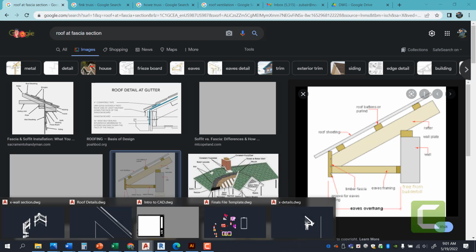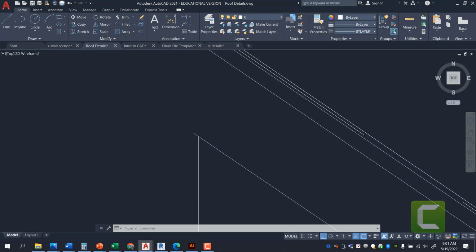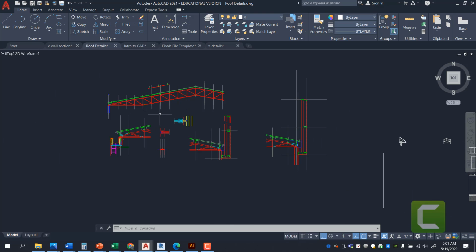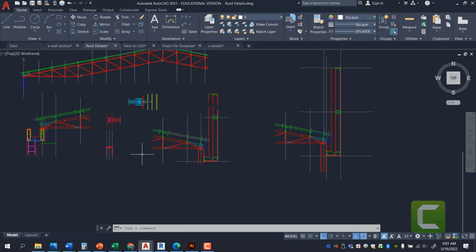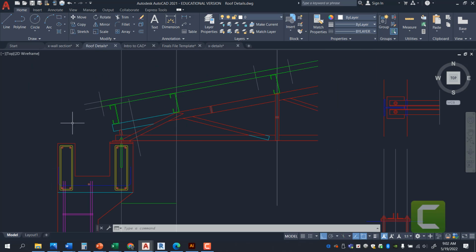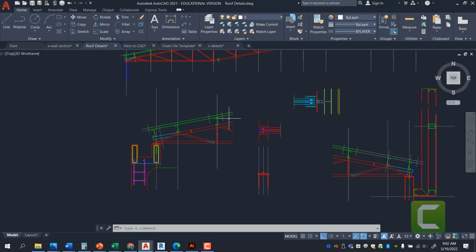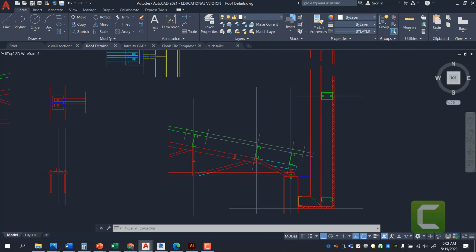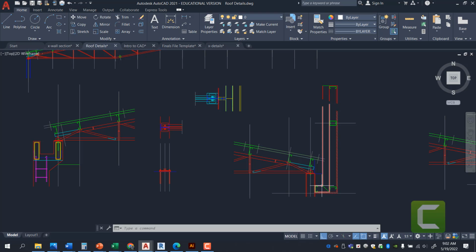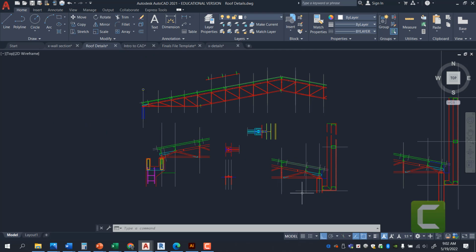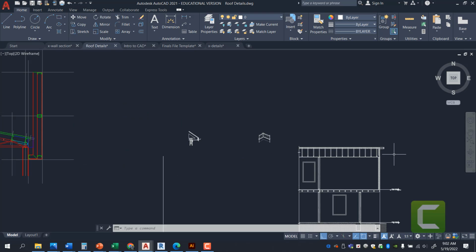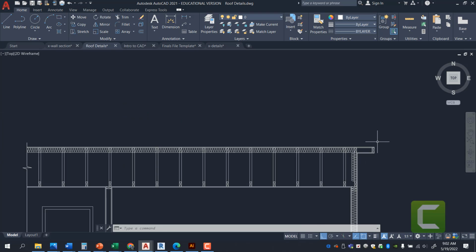The first thing I wanted to show you guys is that I took a bunch of the projects I have done in the past. I'm very fascinated by roof details at gutter conditions, and how a metal roof sheds into a gutter, or whether that gutter is hidden behind a parapet wall. This is metal frame construction, but we're going to primarily focus on wood frame construction when looking at a roof at a gable